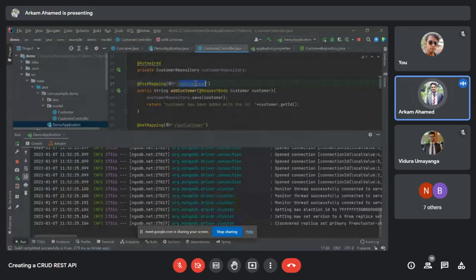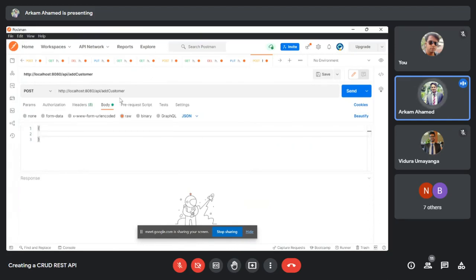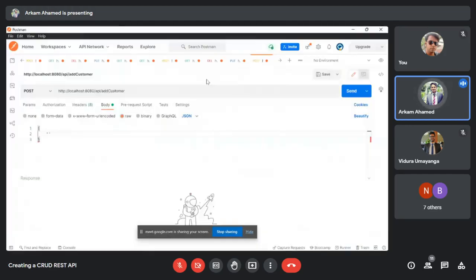And then change this into post. So we'll have to pass the body, so raw, and then we'll have to change this into JSON. So in here, we have to pass it according to this. So first one is ID, which is an integer. Send it as 1234.